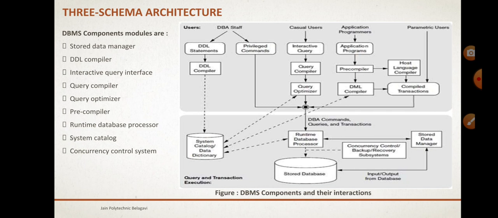Next one is the system catalog or concurrency control system. Concurrency control system is a process to ensure that the data is updated correctly and appropriately when multiple transactions are concurrently executed in the database management system. Then the backup and recovery system: a database backup operation is performed by the backup system when there is a problem that damages the database. All committed data is recovered by the recovery subsystem.